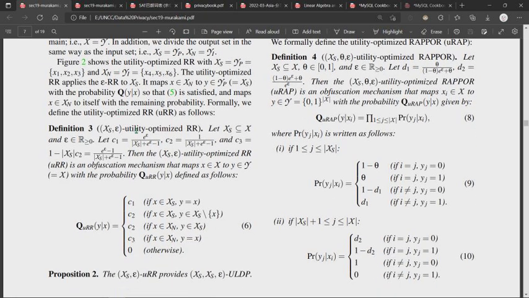So in this one, you can optimize RR. Let XS be X and epsilon be R rather than 0, equals to this. Then